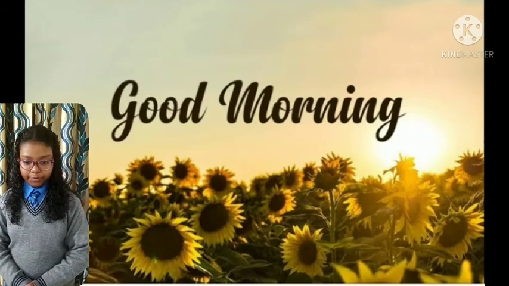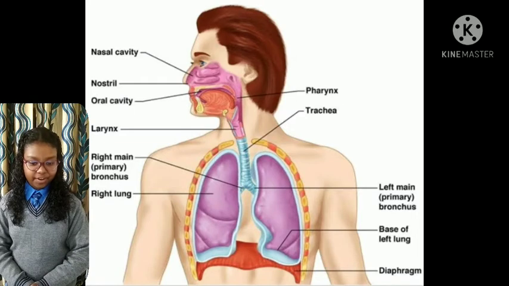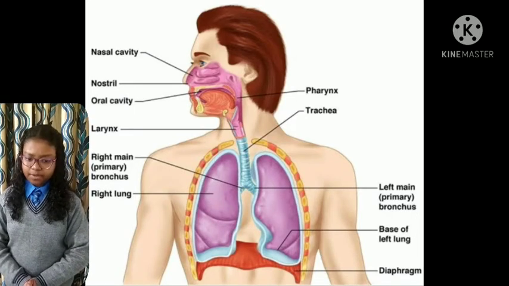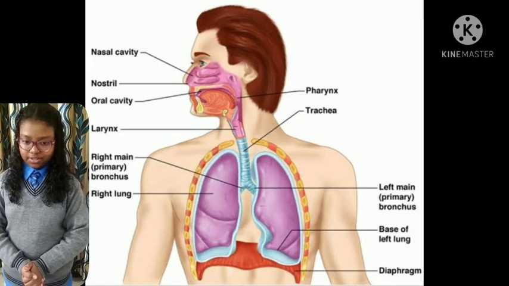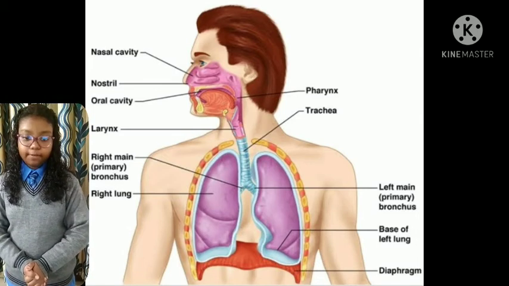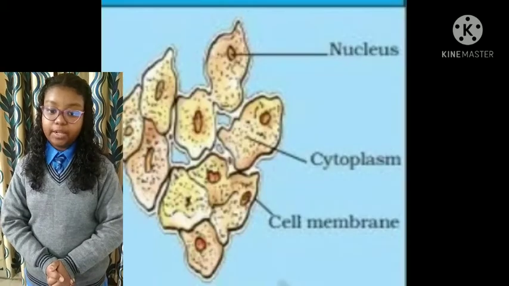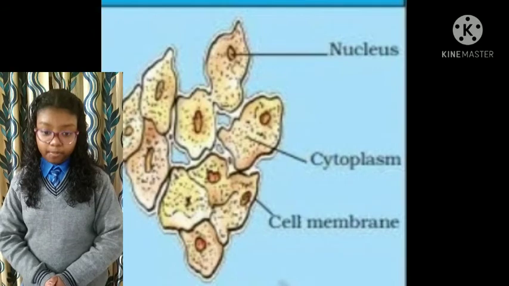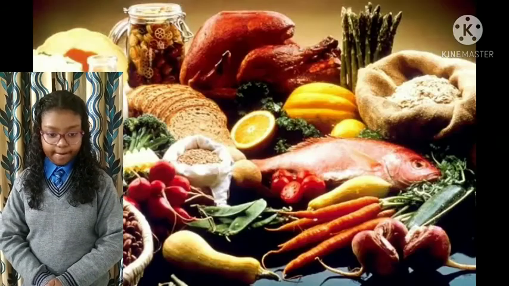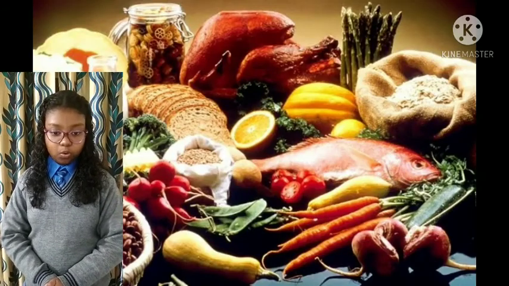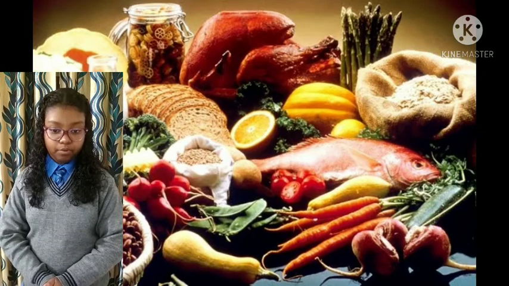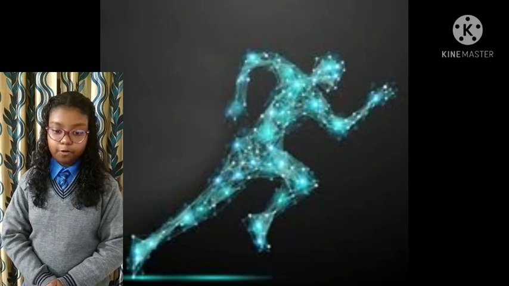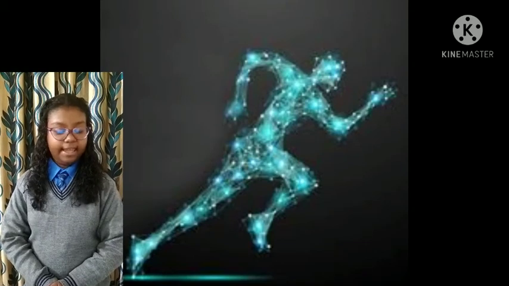Today my group is going to brief about the chapter respiration in organisms. So as the name of the chapter suggests, respiration. Basically, what is respiration? As we all know, all living beings are made from tiny units called cells, and each cell performs various functions. But to perform these functions, it needs energy, and food that we eat has stored energy which is released during respiration. So therefore, all living beings respire to get energy from food, which is required for daily activities.